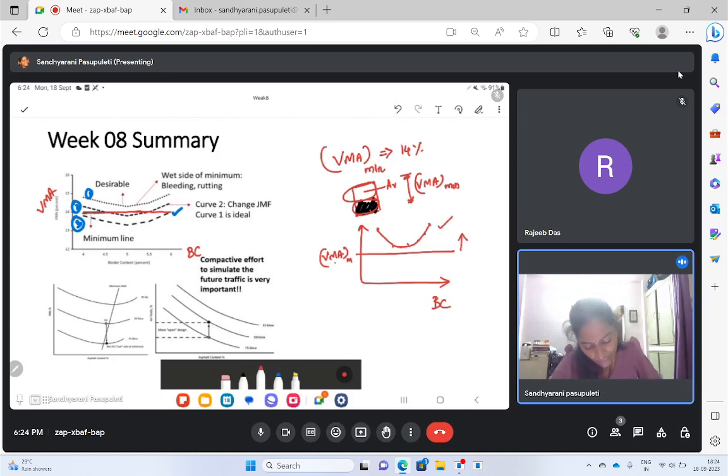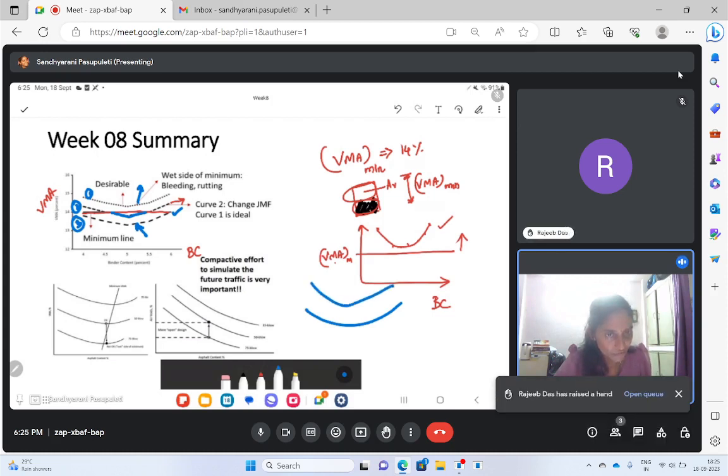But if you see the other curve, which is 2, what happens? This is the minimum. There are locations where the VMA is lesser than the VMA minimum. That means this curve has more sensitivity. And if you see this curve also, you can see VMA values are lesser than the VMA minimum. So curve 1 would be more desirable. This shape is called a flattened U shape. So when we have three different kinds of